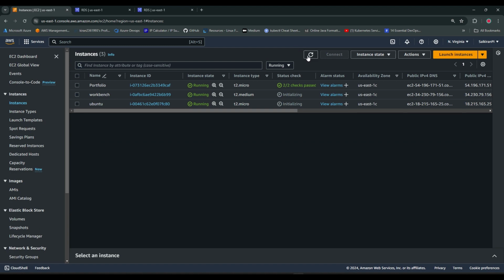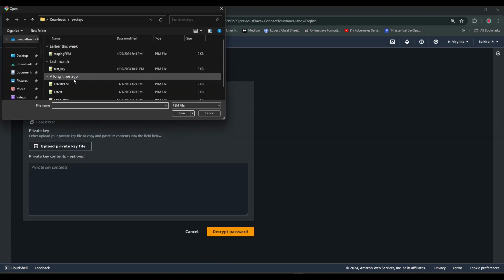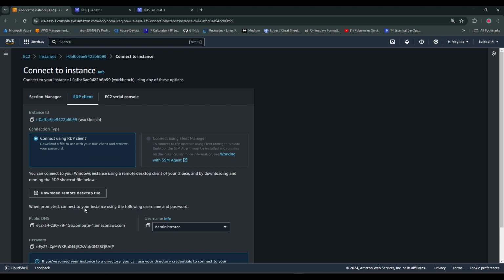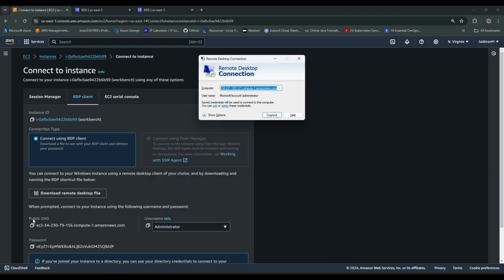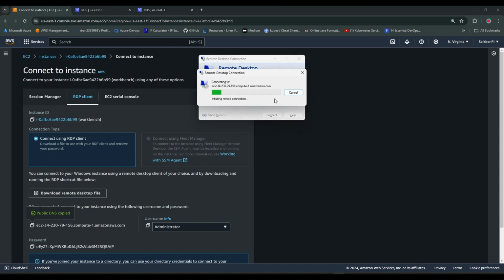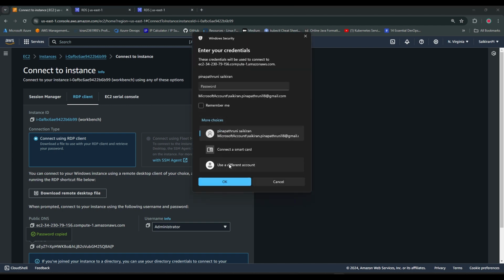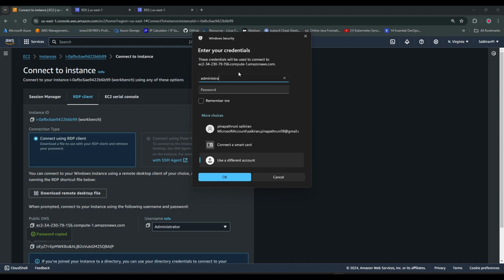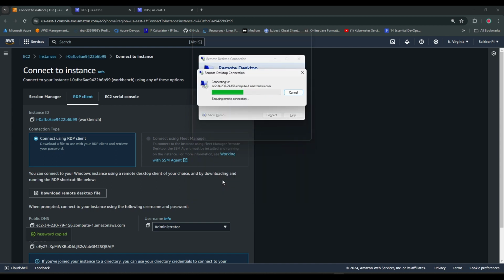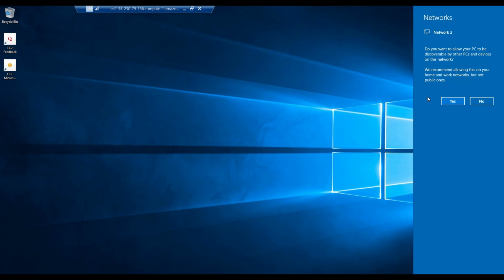Now go back to our instances, refresh and check whether our Windows instance is up or not. If it is up, we can log in. Okay, it's up. Select my key pair and decrypt the password. I'll open RDP. Connect. Copy the password. More choices, different user, administrator, and then log in. Let's wait for this to come up. Our Windows server is up, guys. Now what we have to do is